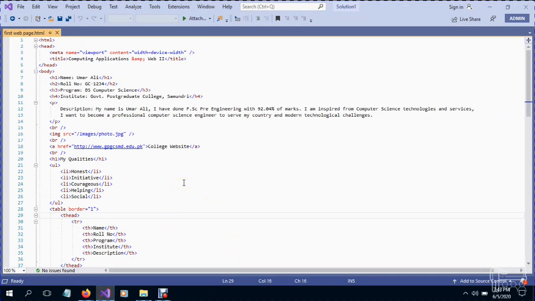I gave you the lecture notes in which I also gave this file, a separate .html file. If you open this file in a notepad or any programming IDE, in my case I have opened it in Visual Studio, but you can open it in a normal notepad text editor. This is the actual text that is written in HTML elements or HTML tags.